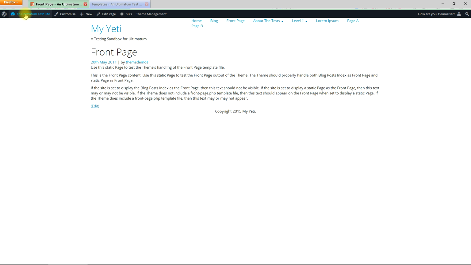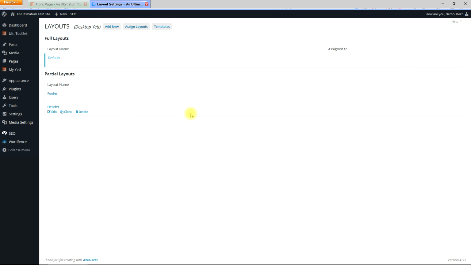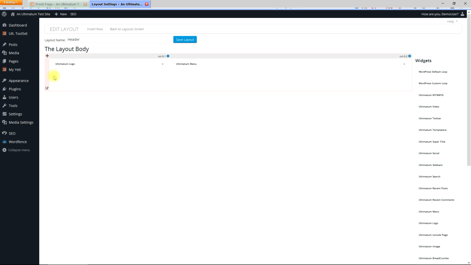Let's say for a moment though that we'd really like the background colour of this here to be a different colour, a light yellow. And I want it across the full page. Let's go and have a look and see how that's done. So we're going to layouts here, and that's the header we were interested in. So we'll go and edit the header. And if we hover over this little box here, we can see both wrapper and container. The container is the middle bit, the actual content in the middle. The wrapper goes across the full screen. So it's that one I want. So click on it,